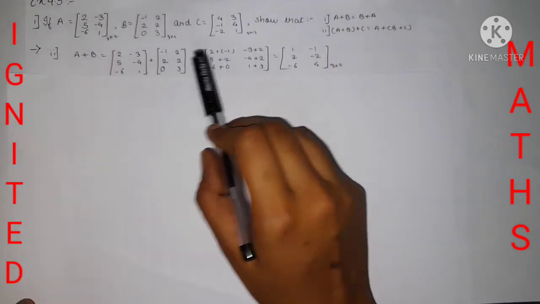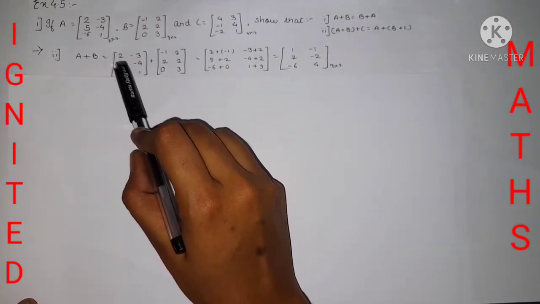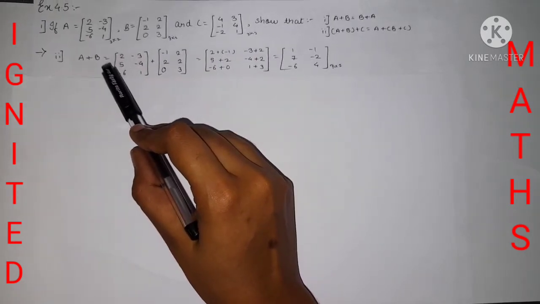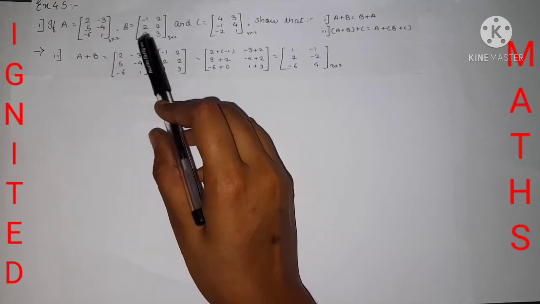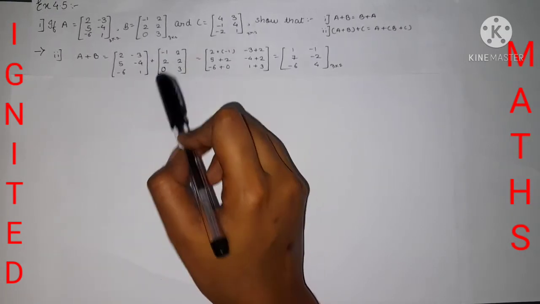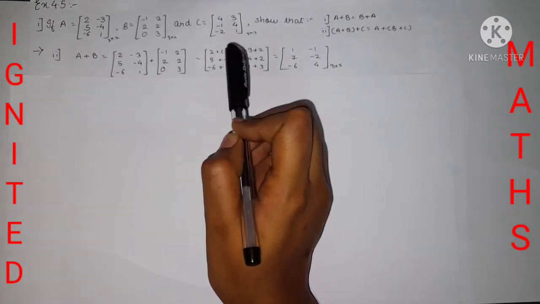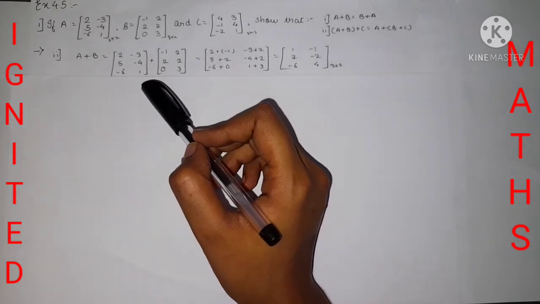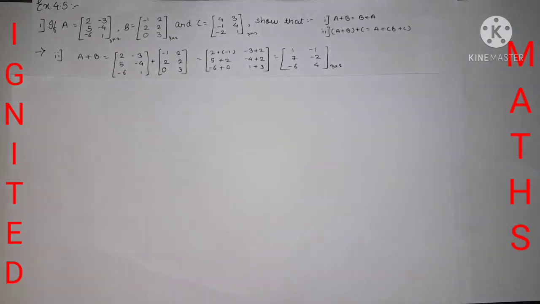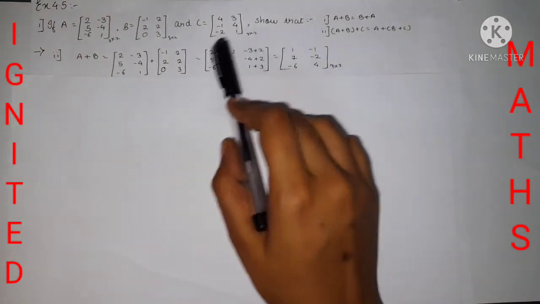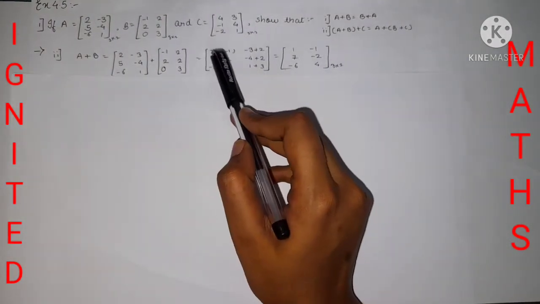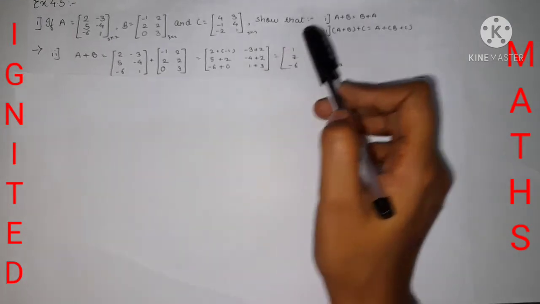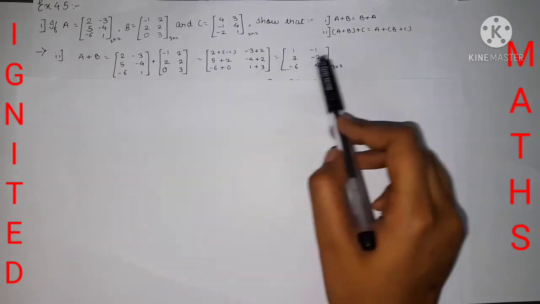Now the third element, 5, of matrix A is in the second row and first column. We need to add the element of B in the second row and first column, which is 2. So 5 plus 2. The same procedure you need to apply for all the remaining elements. If you have any doubt, you can go through the description link also. Now after doing the addition of the matrices, you need to do the calculation. 2 plus -1 is 1. -3 plus 2 is -1. After doing the calculation, you will get the matrix A plus B.